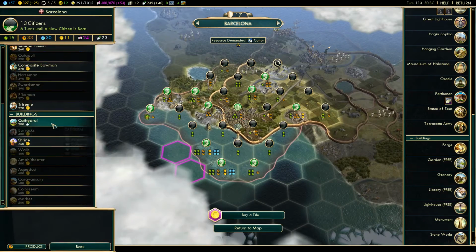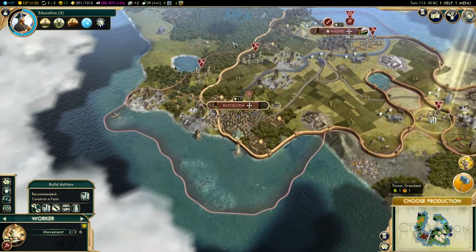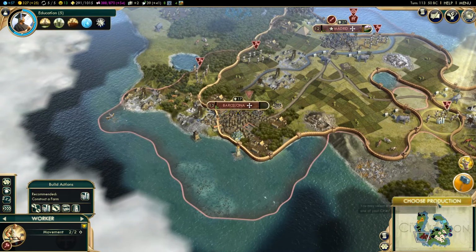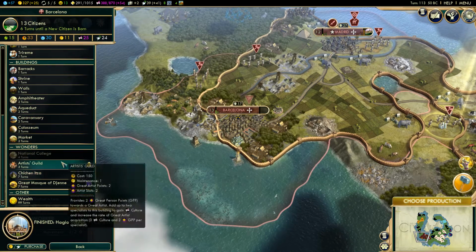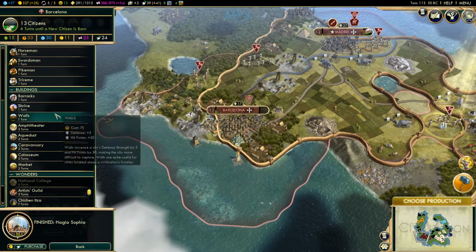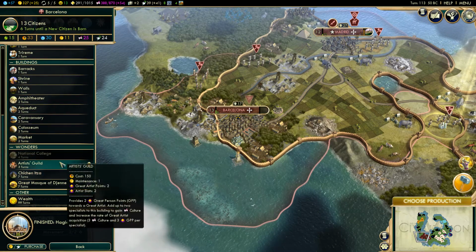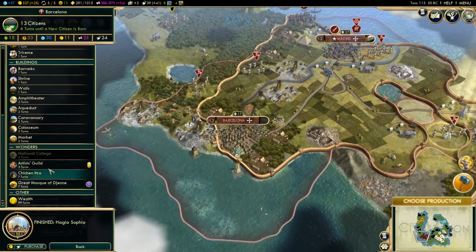And now we can purchase the cathedral. Brings happiness, culture, and faith. That are things we absolutely need. And then it might be a decent idea to do the National College, but we don't have the money at the moment, so